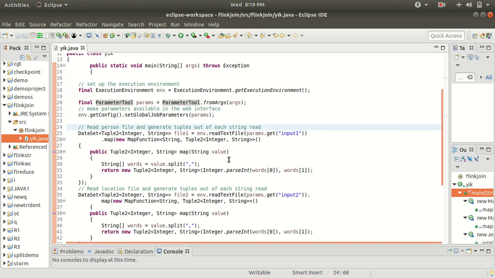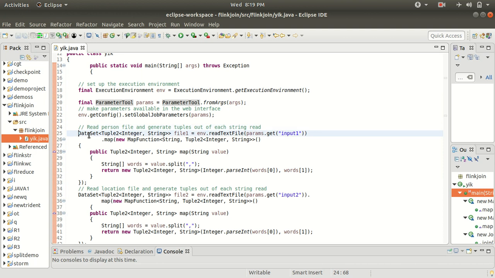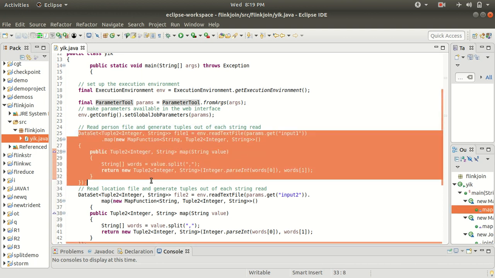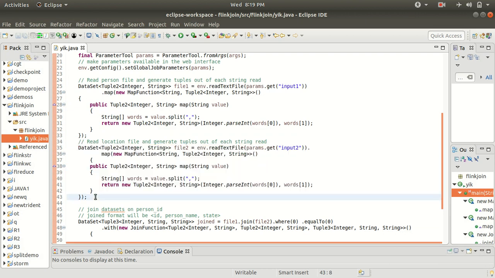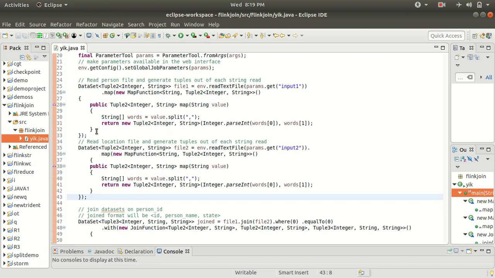Let's start with today's program, with the new things which we need to add. The first thing is you can see here two similar things available. These two are exactly the same, no change at all. Why have I written this twice? Because we are dealing with joins and we need to read two files. That's the reason we are having these two things in a repetitive manner.